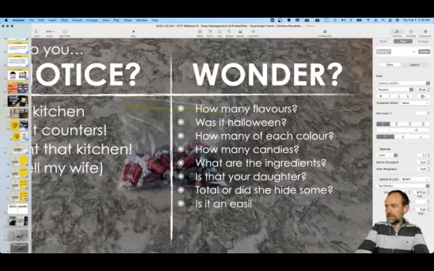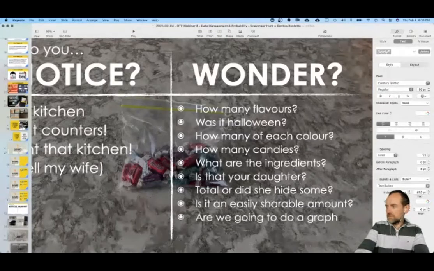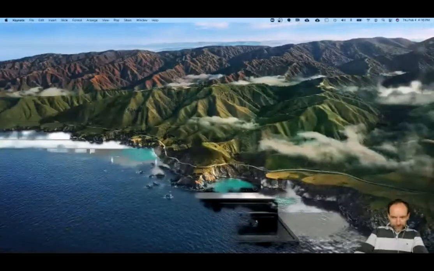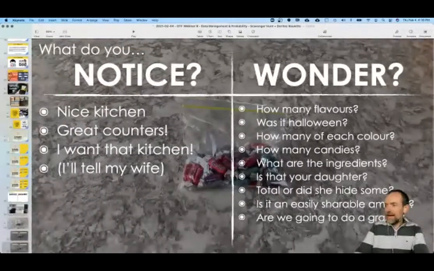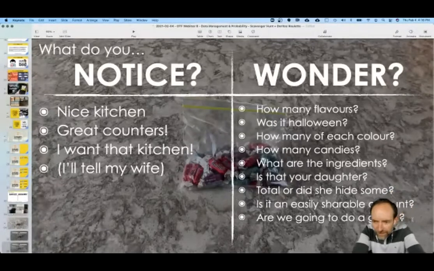Tanya is starting to predict mathy stuff. Are we going to do a graph? Kids will start to try to guess what math is involved. Is this fractions, sir? Instead of saying noticings and wonderings, it's like, where's the math involved? That's not a bad thing, right? If kids are starting to develop some connection towards the math that's coming, welcome that for sure, because that's where problem solving is happening. That's the strengthening of connections to previous math learned.